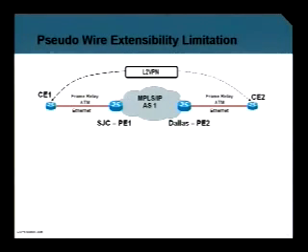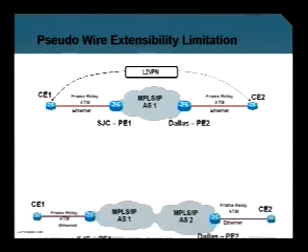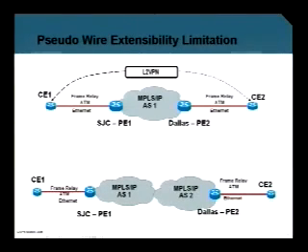One from San Jose to Dallas. Maybe in this case, I'm showing it as one service provider. But what happens if you have to go through two different AS? All the discussion which we had so far about VPWS, does it hold good? What do we need to do now? So the problem is,